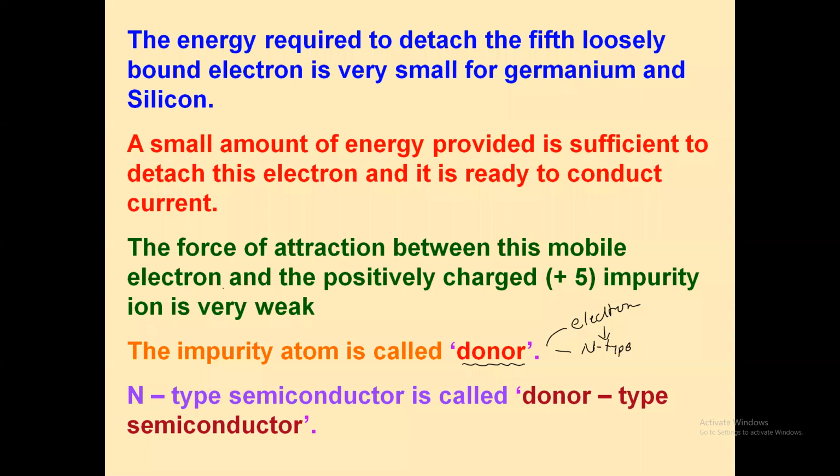So this is the theory about the N type of a semiconductor. Now what you can remember? You can remember that when the pentavalent impurity is added to a pure semiconductor, then a number of free electrons will be generated, and this semiconductor is known as an N type semiconductor. This N type semiconductor is also known as a donor type of semiconductor, and that impurity added in the n-type semiconductor is called a donor impurity. So this is the conclusion of this n-type semiconductor, and these two slides are there.